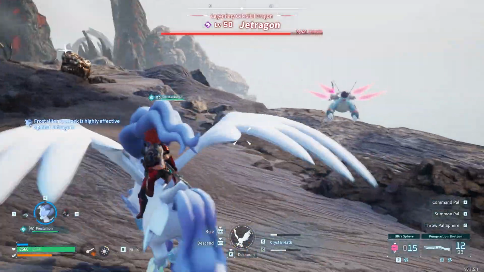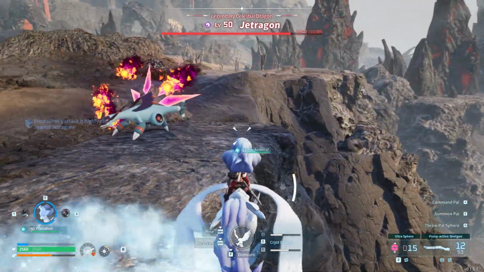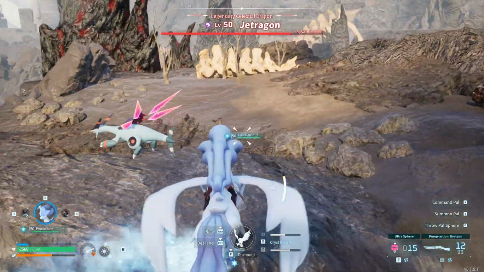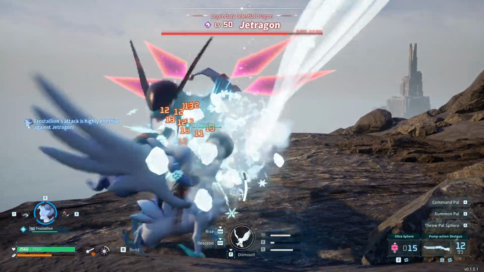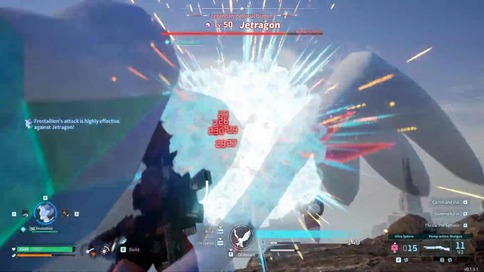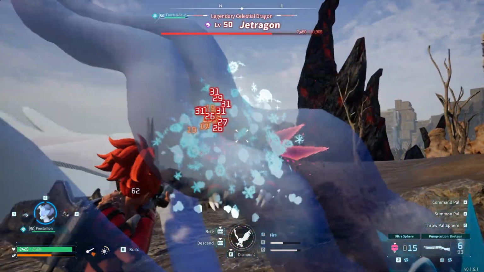Once you catch the Frost Stallion, use its ice typing to go take on Jetragon. Jetragon's a really strong pal and is generally speaking a very difficult fight. But if you use Frost Stallion's entire kit effectively, this fight is a cakewalk. When you attack on the back of a Frost Stallion, your attacks turn to ice moves, which is super effective against Jetragon. So using a mix of Frost Stallion's moves as well as your own weapons is incredibly effective in